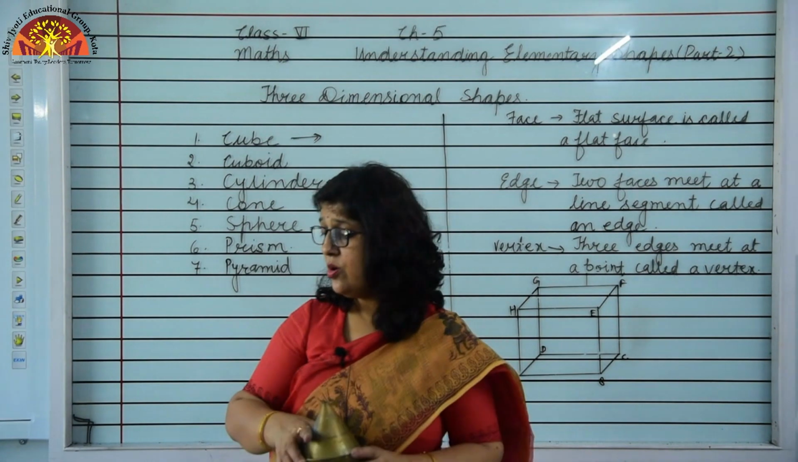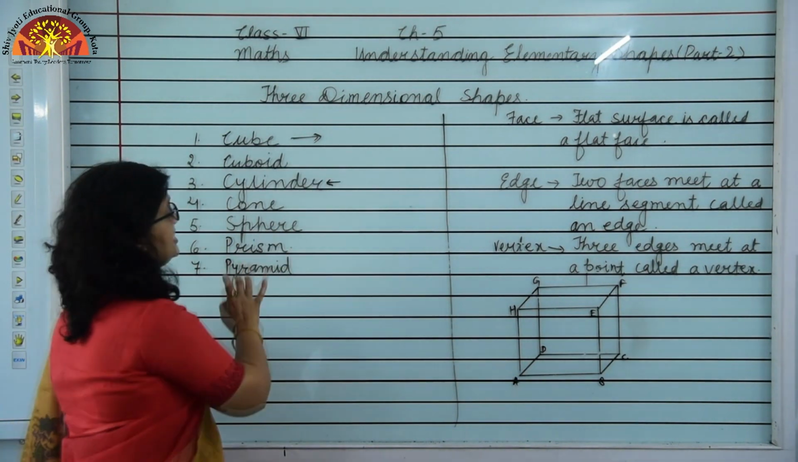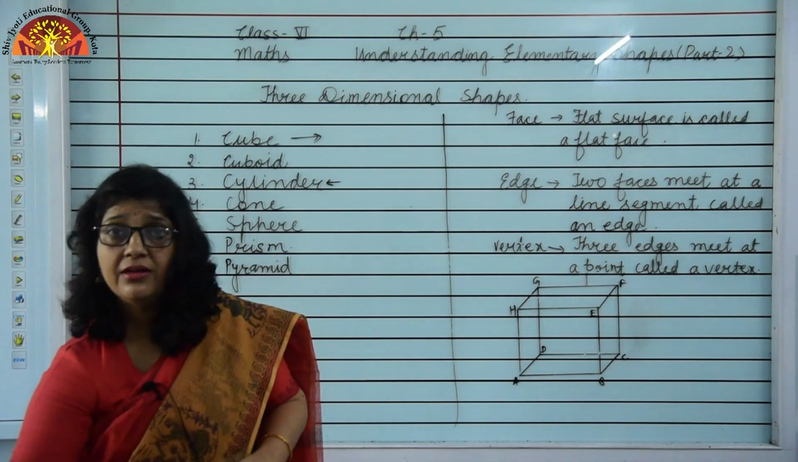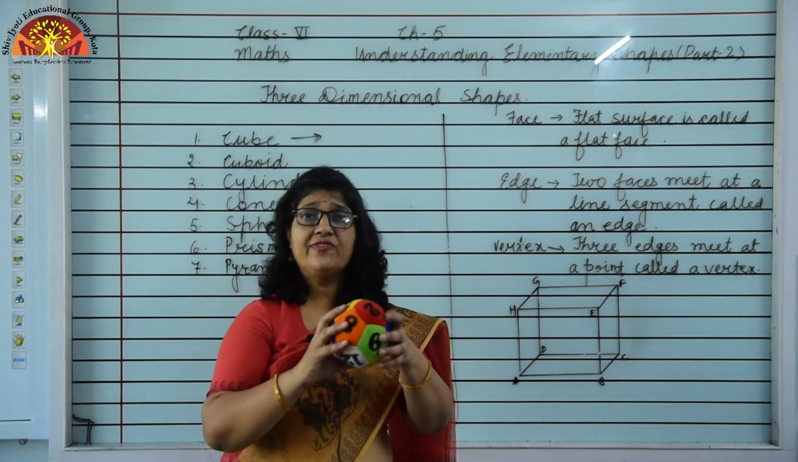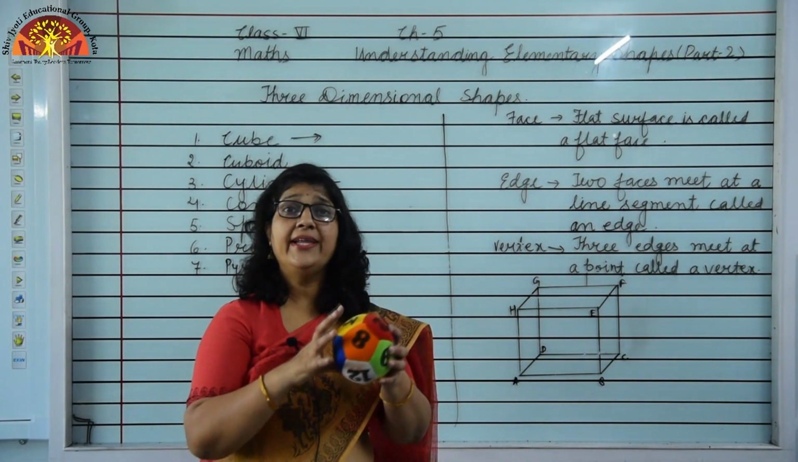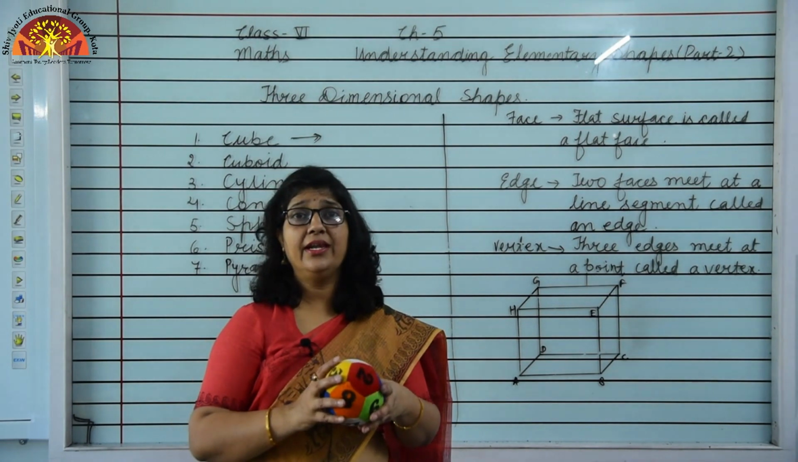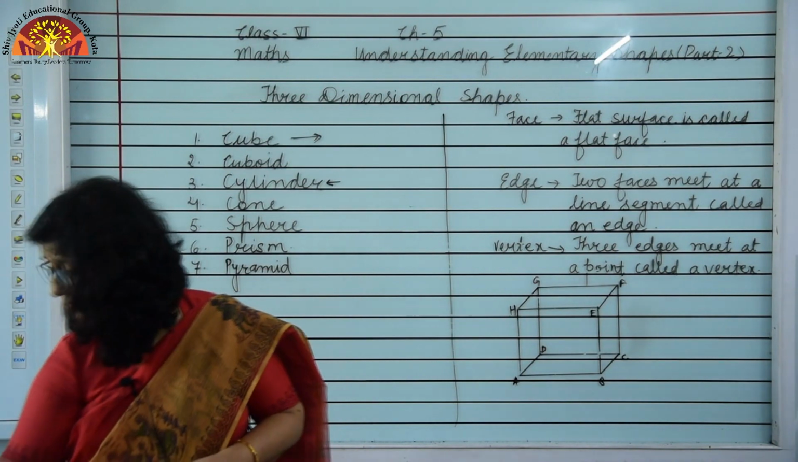Understood? Now students, next shape is prism. Sorry, sphere. Sphere is a ball. Ball shape is the sphere, and in a sphere we have only curved face. Understood? No edges and no vertices are there in the sphere. Now next shape is